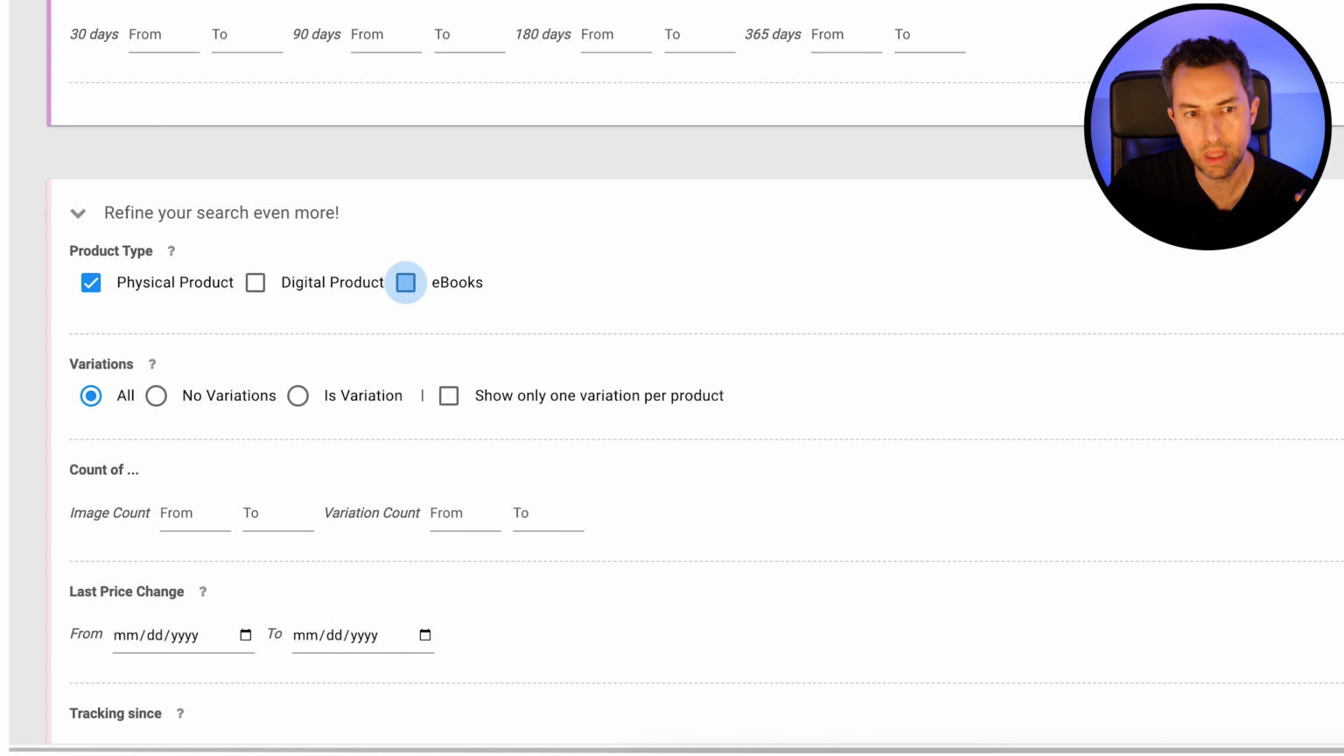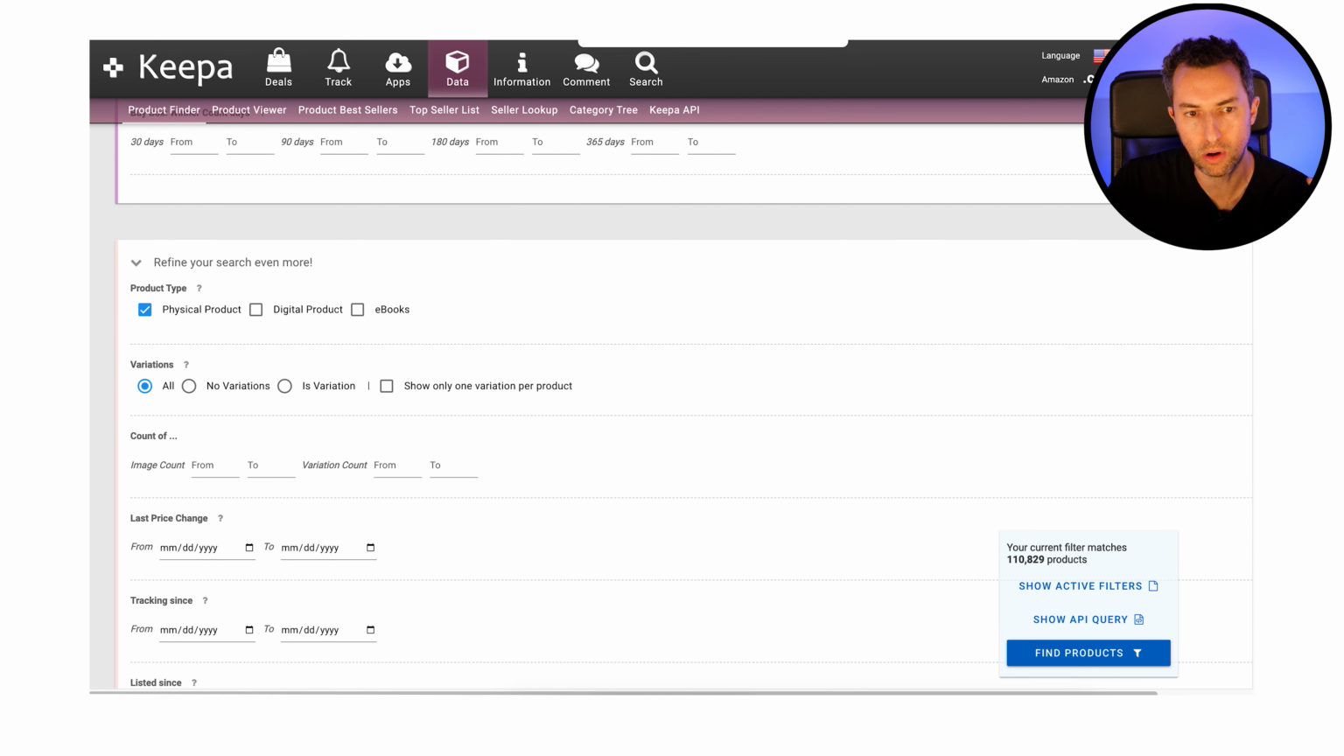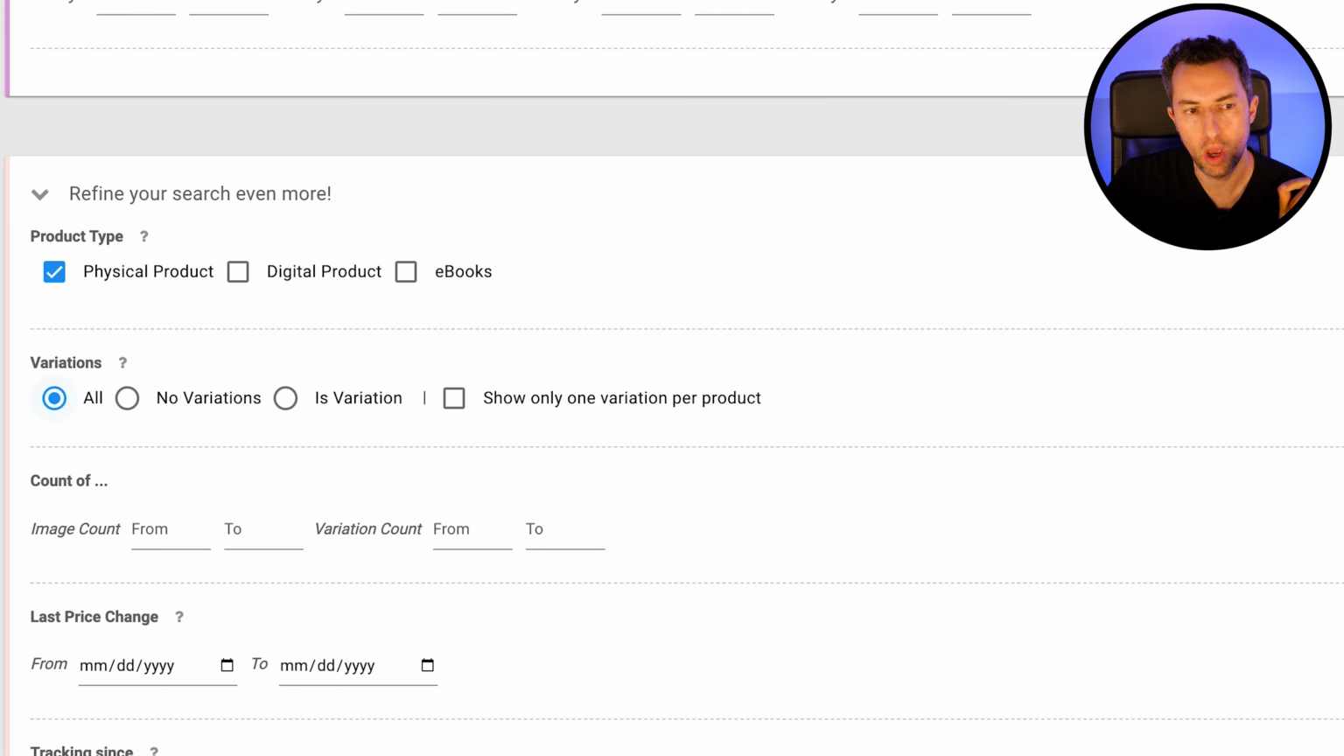We don't want any digital products. We don't want any ebooks. And this one is very important. Variations, we don't want any variations, no variations. And yes, you can find a ton of products out there that will be profitable with variations, but the reason